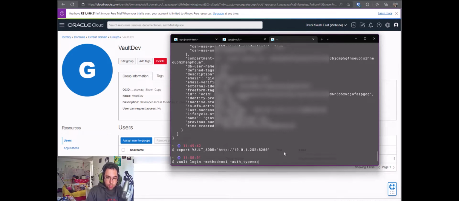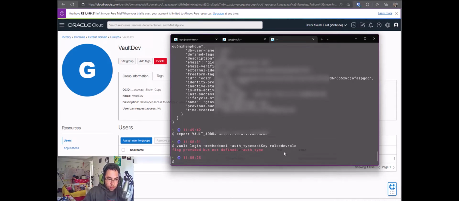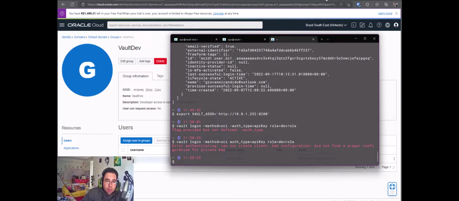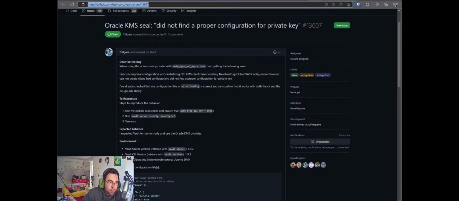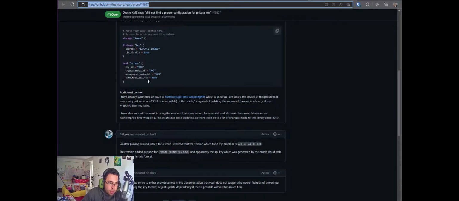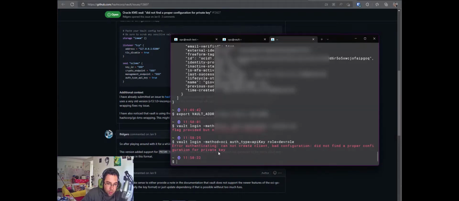Now the auth type we're going to use is the API key, and with the role we're going to use the dev role. Just remove the slash. And there is a bug with the authentication of the OCI using Vault, and this bug is in the GitHub. The bug refers to the seal of OCI without using API keys. It's the same bug for the authentication, so it will not work with the API key,